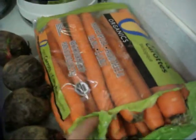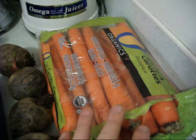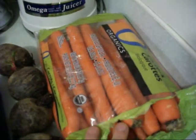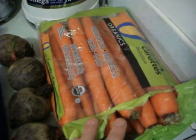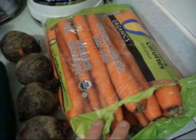Then we have organic carrots here. This is going to sweeten the juice a bit, and as well it's going to contain beta carotene and lutein, which is good for the eyes, the heart. It's good for the liver. It's two vitamins that help produce glutathione, which is the super antioxidant for detoxification of the